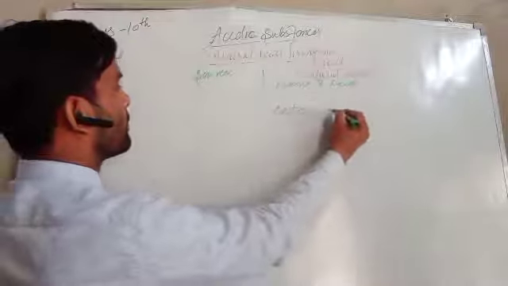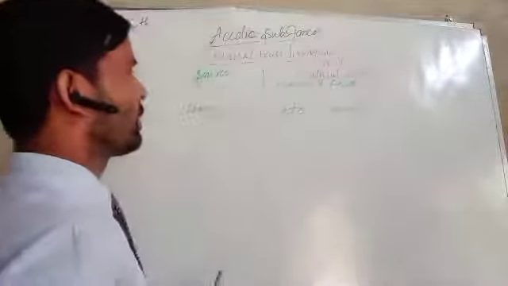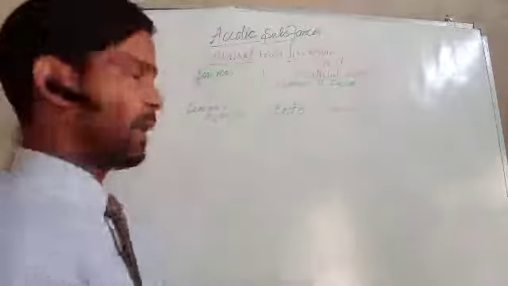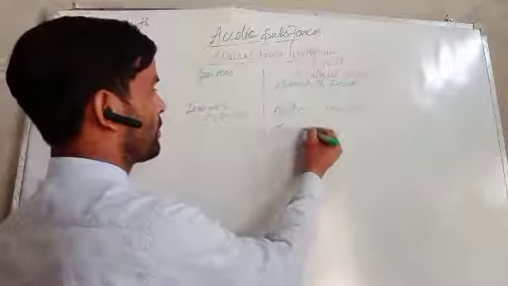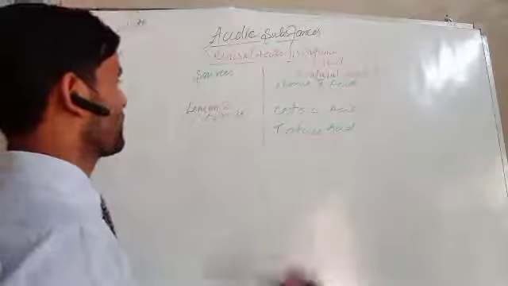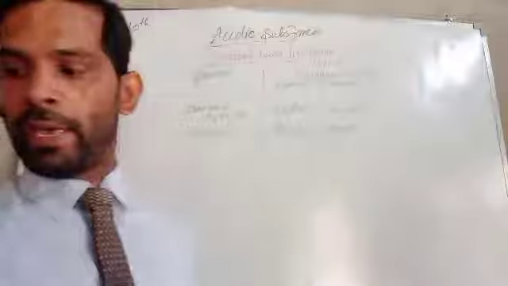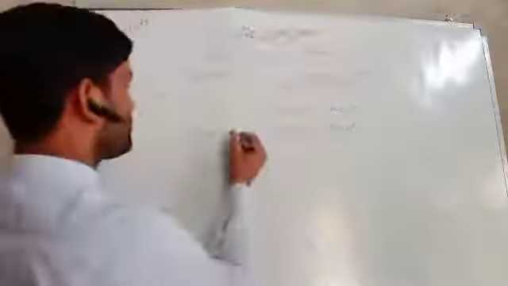citric acids, which come from lemon and orange. Next one is tartaric acids. Tartaric acid is found in grapes as well as the tamarind. Now here